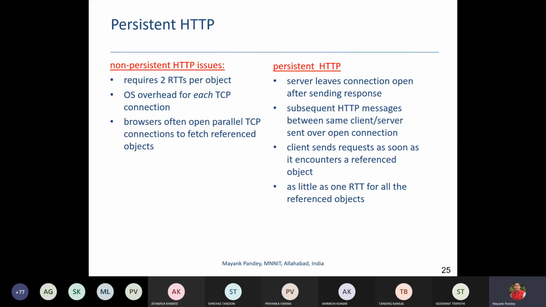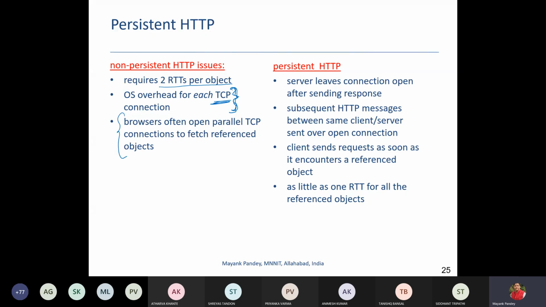What is persistent HTTP? First of all, the problems of non-persistent: it requires 2 RTTs per object. The operating system has more overhead because for every object it has to maintain the TCP state and connection. And in our time, we used to have